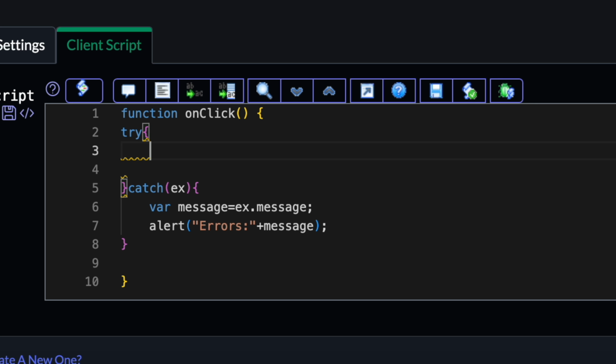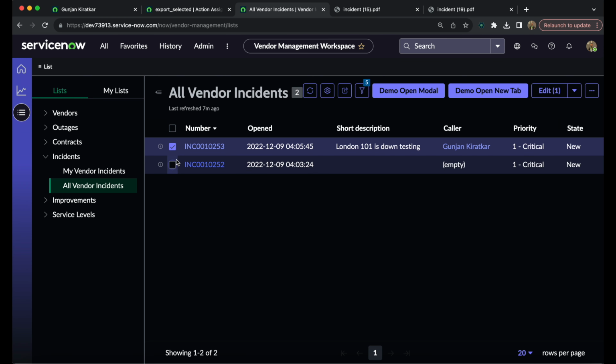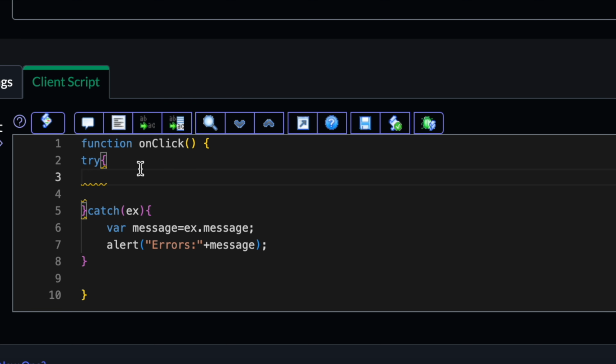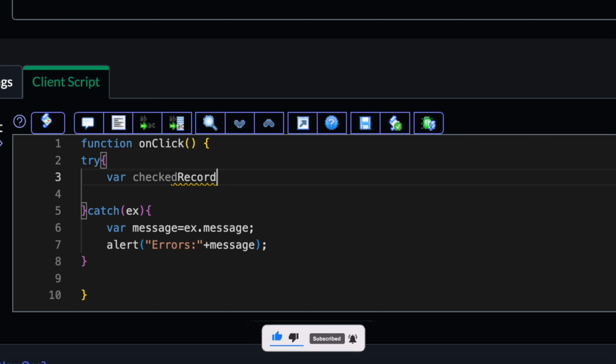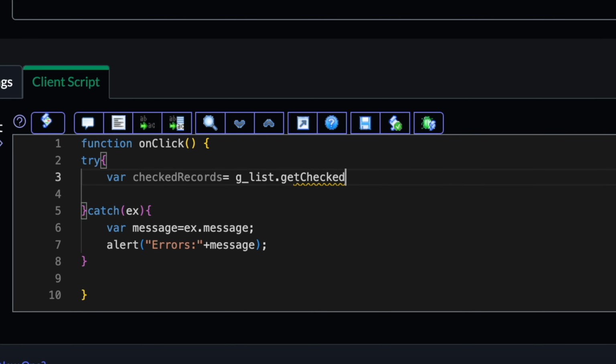So basically, first of all, we wanted all the incidents which we have checked from this list view. So basically, in order to get the sys IDs of those incident records, we have one out of the box method which we can use. Let me specify the variable name, and that is g underscore, no, it is not form, it is list, g_list.get